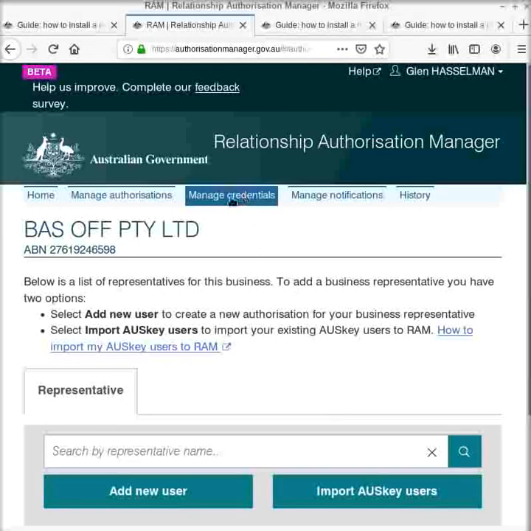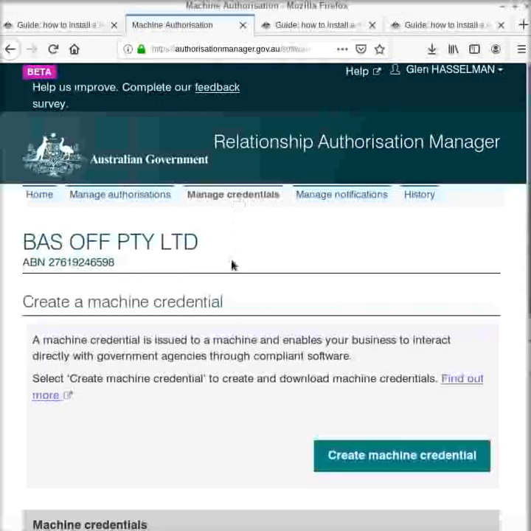once you've selected your business, the thing here is the Manage Credentials tab. So you go to that, and I think this is where you'll get prompted to install the browser extension. Okay, so to download your machine credential, you need to install a web browser extension, also called an add-on or plugin, whatever. You need to install that, and there'd be a link over here if you hadn't got it installed. Now I have it installed,